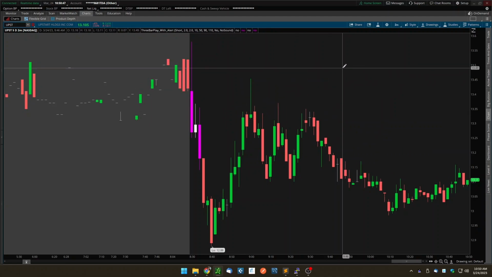The indicator also comes with a scan, and the scan code is provided in the download package. So you can install the scan and you can continue scanning throughout the day for these setups